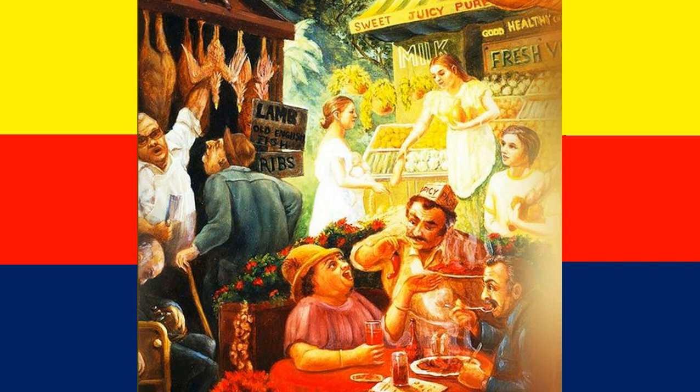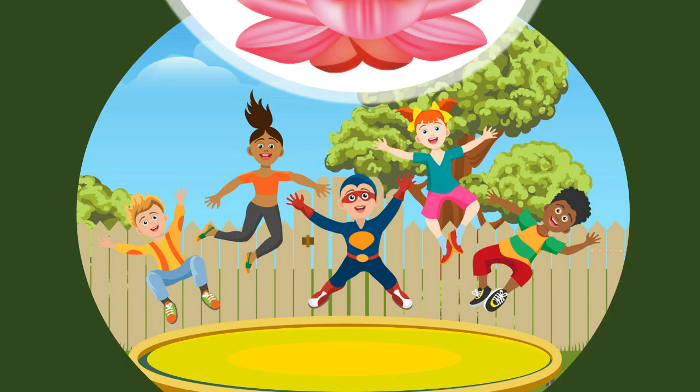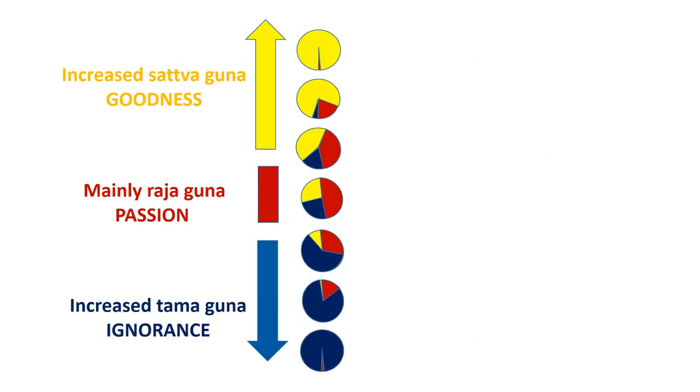All can be categorized as having different proportions of these modes, namely goodness, represented here as yellow, passion as red, and ignorance as dark blue. The mode of goodness, although not transcendental in itself, is a springboard to cultured and sustainable spiritual life. Now, if we impose different proportions of the modes of nature on the vertically arranged planetary systems in the universe, we'll use a pie chart like this. The higher the planet, the greater the proportion of the mode of goodness. The lower the planet, the greater the ignorance. The Earth is a middle planet with a healthy dose of the mode of passion.